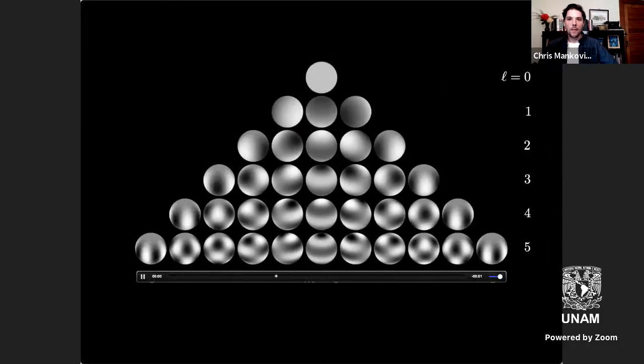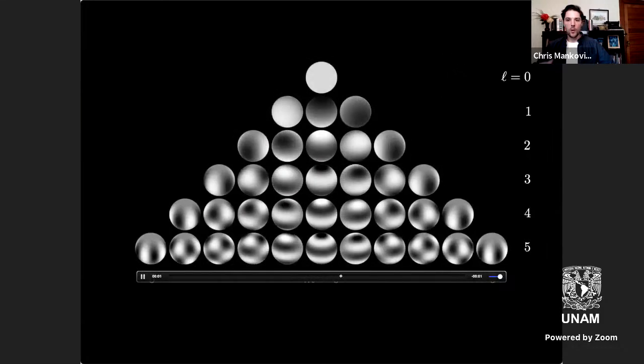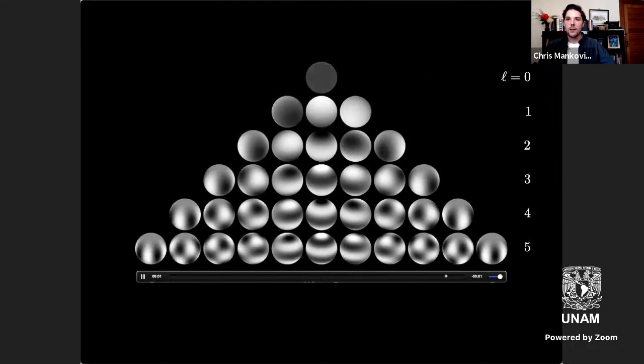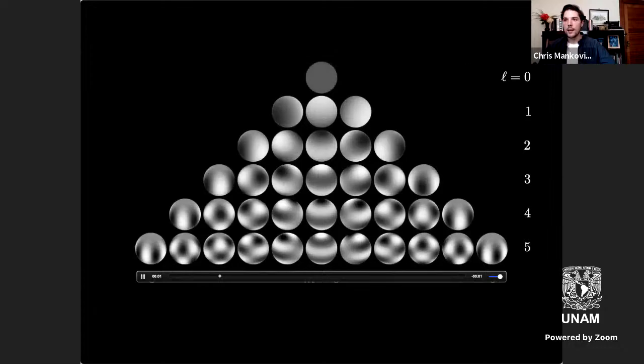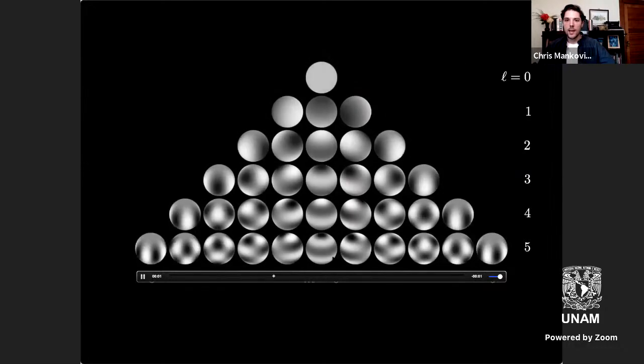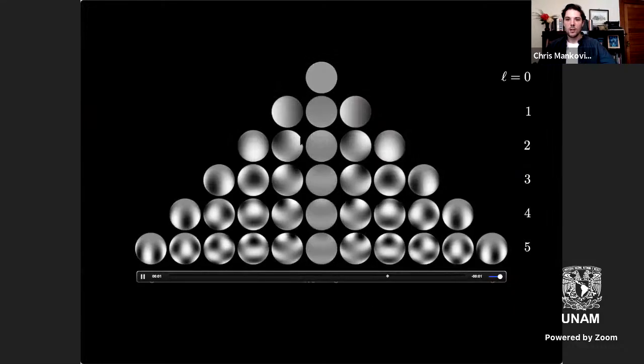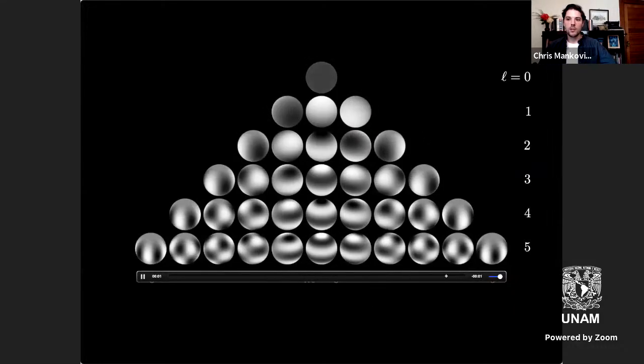So anyway, we have a huge family of modes that are possible. Their angular structures can be understood in terms of spherical harmonics, which you might know from, say, quantum mechanics. And here L is running down, that's angular degree, and M is running left to right. A large number of these can be discarded for the purposes of ring seismology.